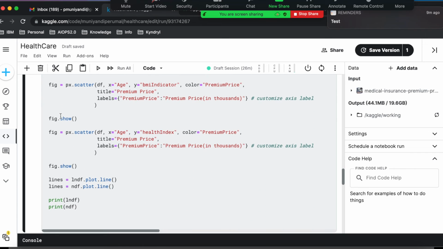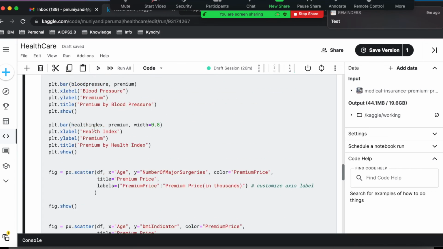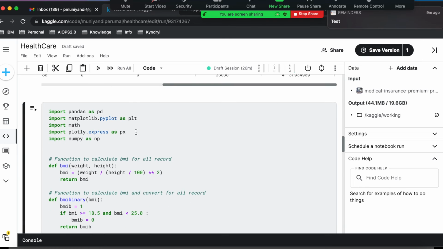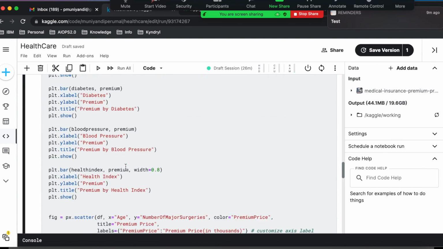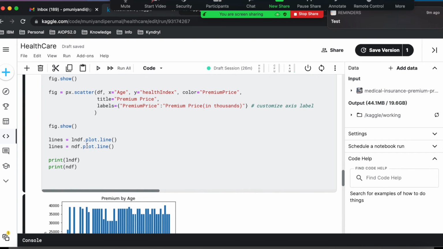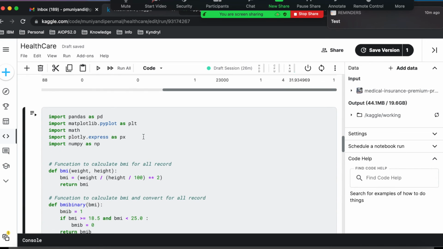Suppose you see here, I'm using px for the scatter plot alone. The reason is that the scatter plot is supported by the library called Plotly. The Plotly library supports the scatter plot, so that's why I'm using px. So px is the scatter plot, and the other one is plot, which directly supports line. So what is the plot here? The library here.